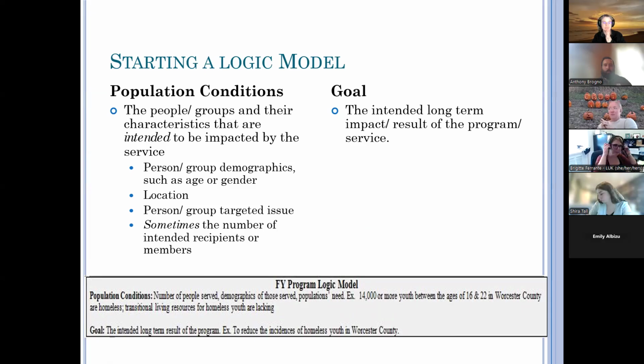So it should include the person or group's demographics, such as age or gender, the location in which the program or service is going to be provided, the issue in which we're trying to address. Sometimes it's the number of intended recipients or members, but we don't see that a lot. That's usually the community change initiatives that we see those types of things, as you can see down here, 14,000 or more youth between the ages of 16 and 22.